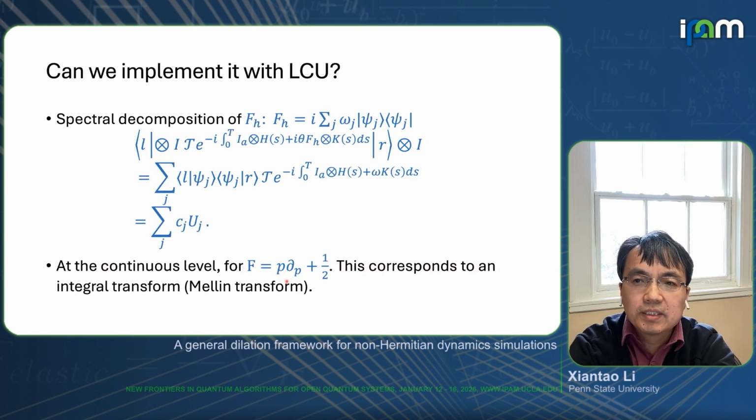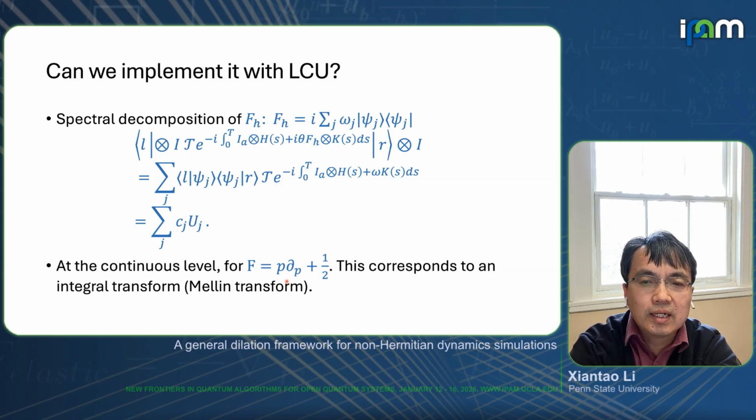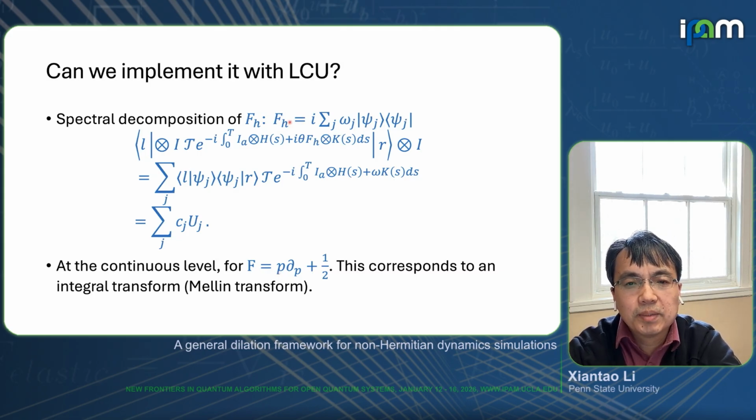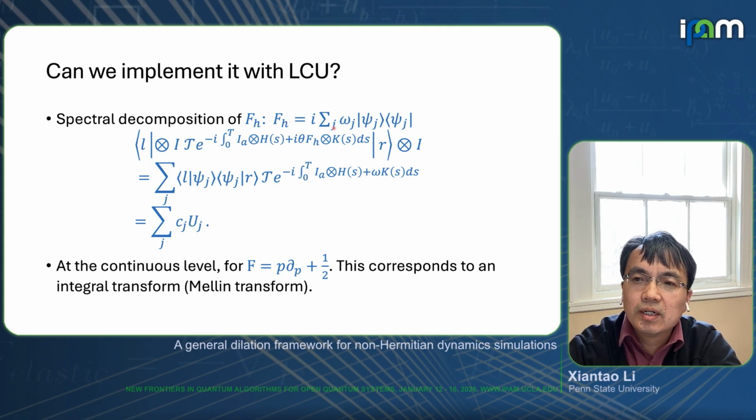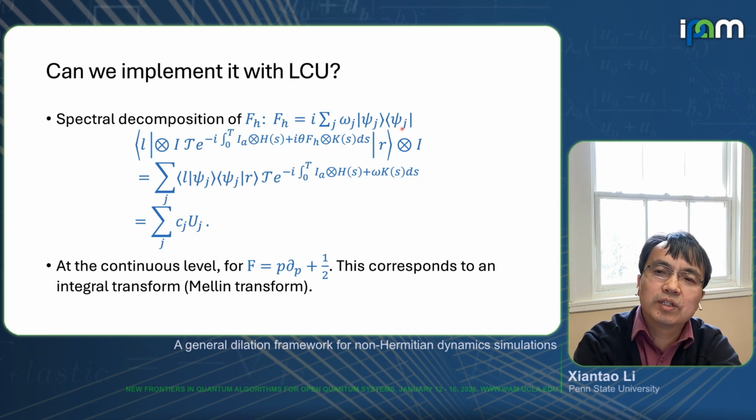Now, some of the previous exact dilation algorithms relied on LCU. So one natural question is, can we implement this dilation using LCU instead? Right? And the answer is yes. So starting with this skew-Hermitian operator, you can do a spectral decomposition, right? This is not a large matrix. You can do it